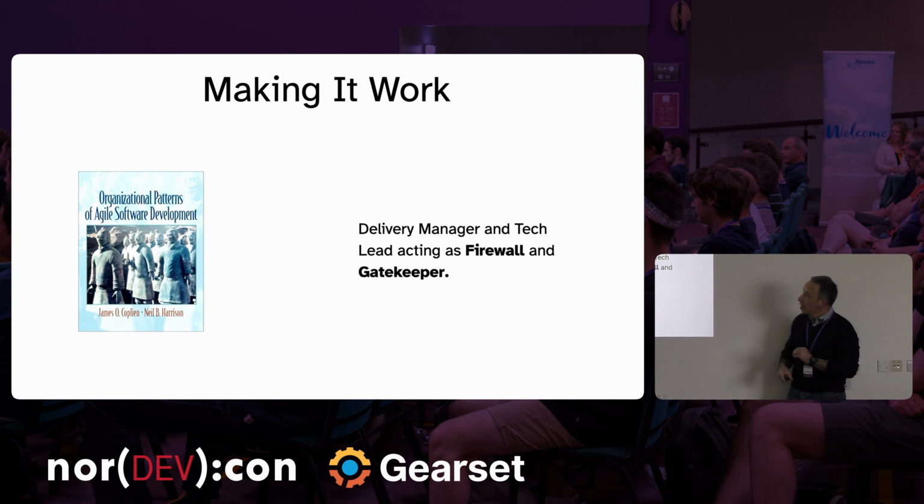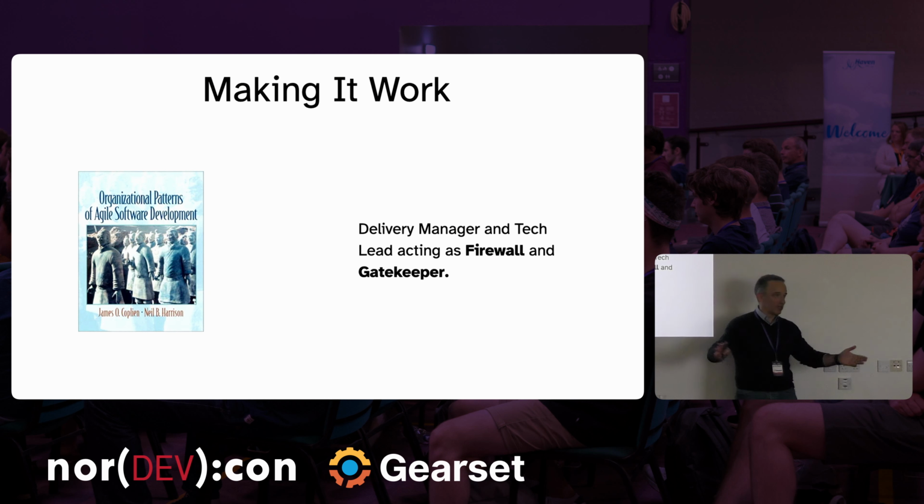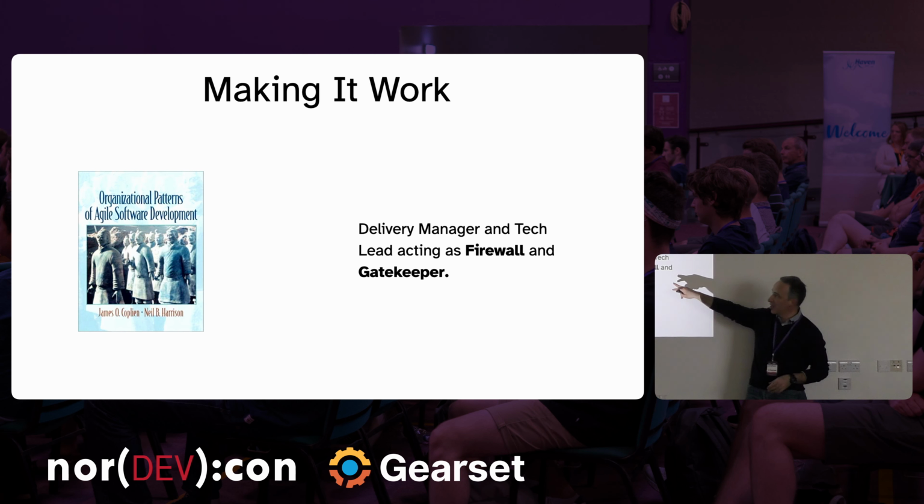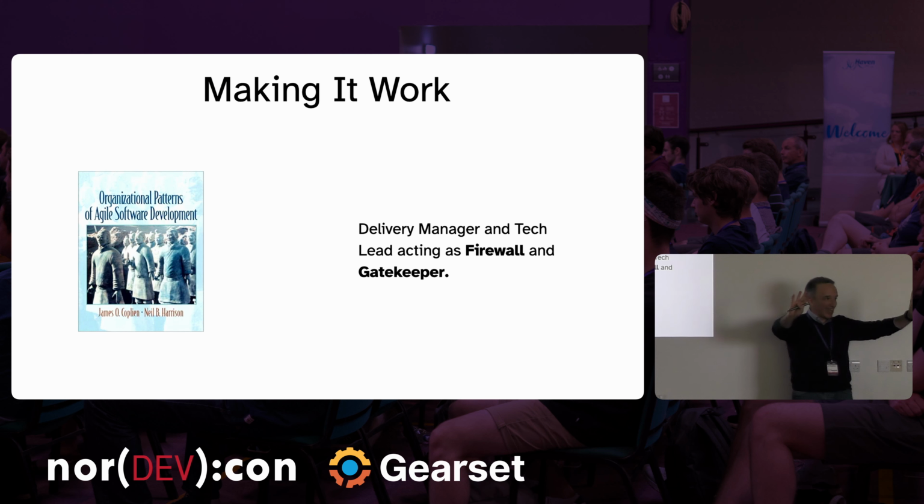Yeah? And then, as I said, I was busy fending off the barbarians. So with the delivery manager, we worked as a pair. I was the technical lead, if you like, and she was the more project manager one. And we sometimes split work because we had daily meetings at one. And we acted, if you get this book from Jim Coplien, there are organizational patterns, as a firewall and gatekeeper. The firewall is what the firewall does: block access, yeah, to the barbarians. They are not going to pass. But the gatekeeper is the one that disseminates information from the team and to the team.